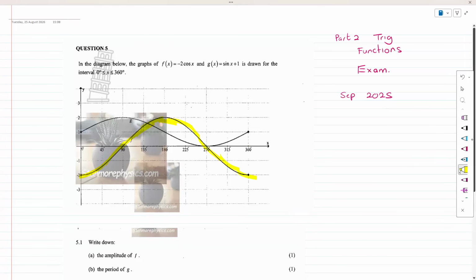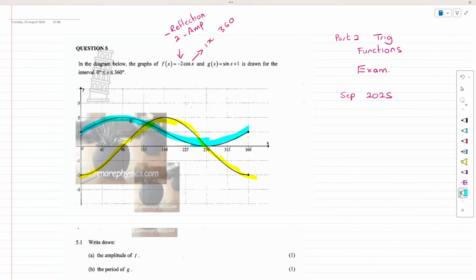Just by looking at this formula, I already know that the minus means it's a reflection, and the 2 means it has an amplitude of 2. The number in front of x is 1x, so the period is probably 360, and there's no up and down shift. Now, if I look at g of x, which is here,